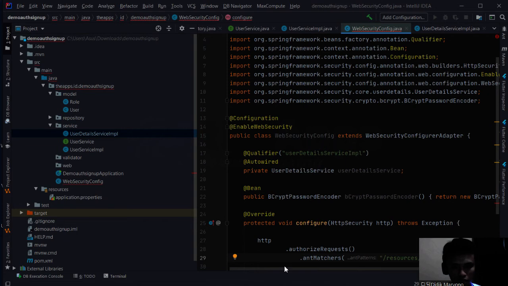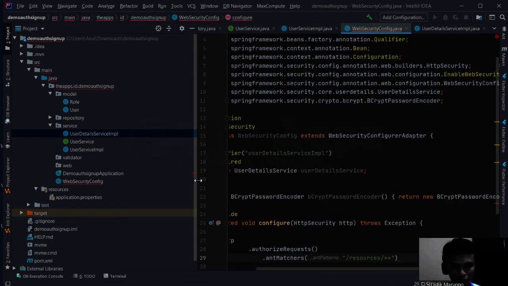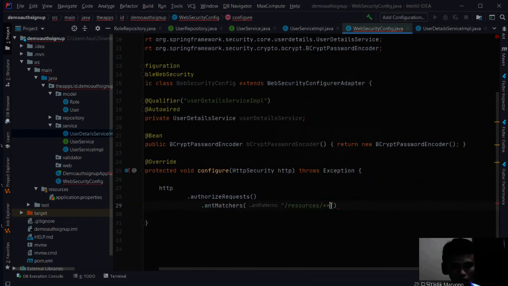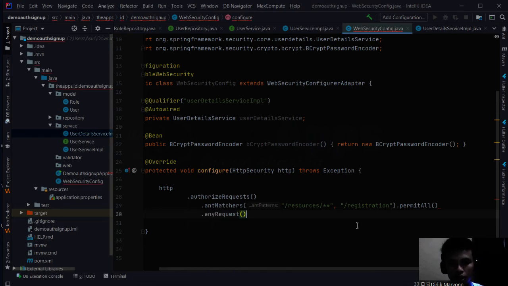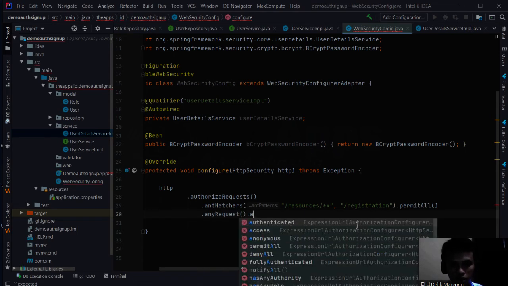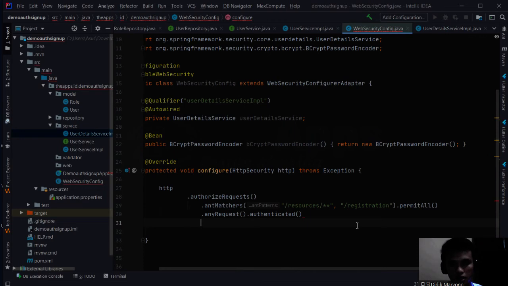Yeah, resources like that, and then for the registration. The file for JPA also we can configure in here, and any request authenticated like that, and next